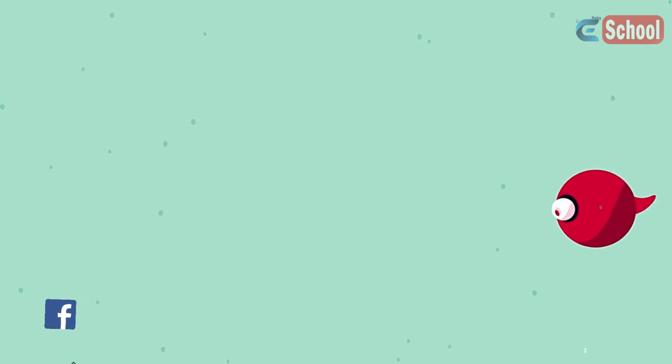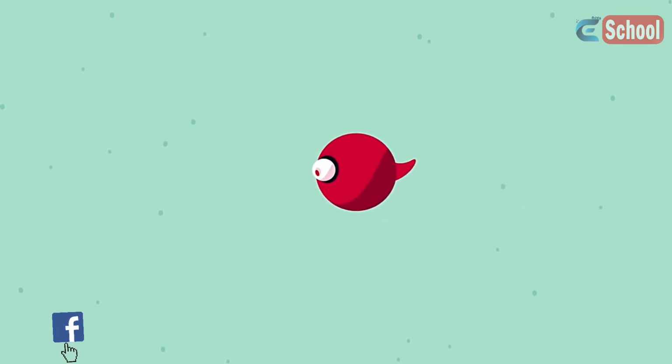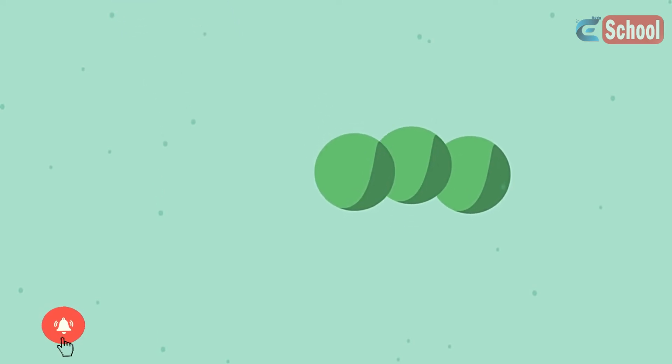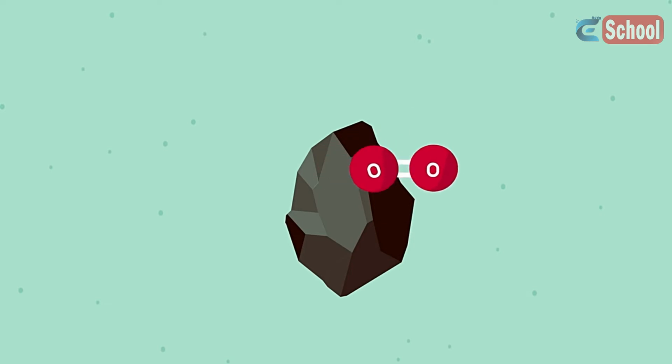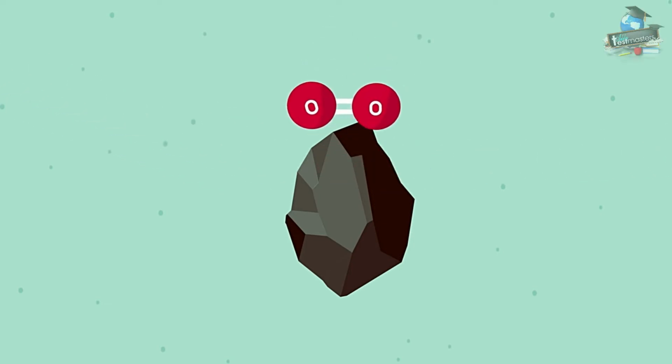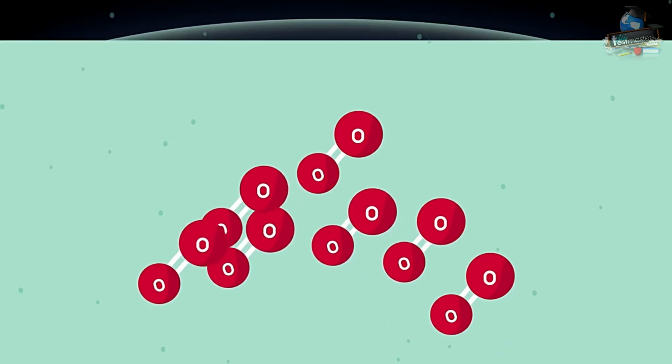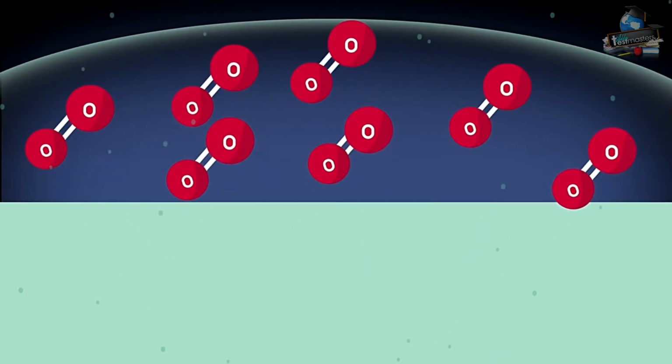Within 800 million years, life evolved in the oceans, and by 3.2 billion years ago, photosynthesis had evolved with the first oxygen-producing cyanobacteria, similar to today's blue-green algae. At first, the oxygen given off simply reacted with the rocks, but gradually it built up in the oceans and started to bubble out into the atmosphere.